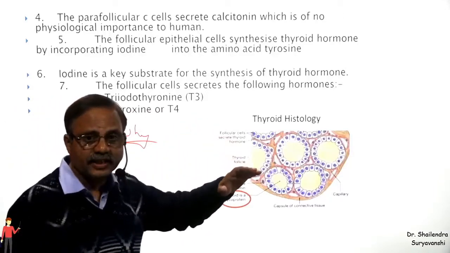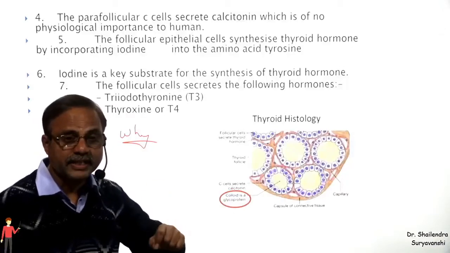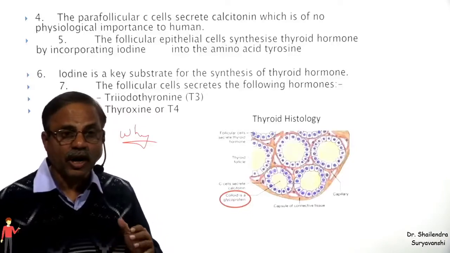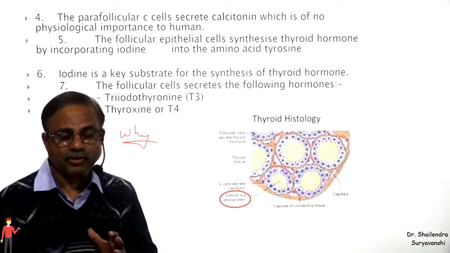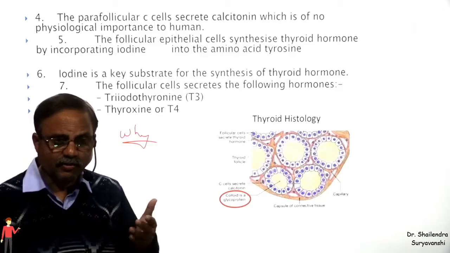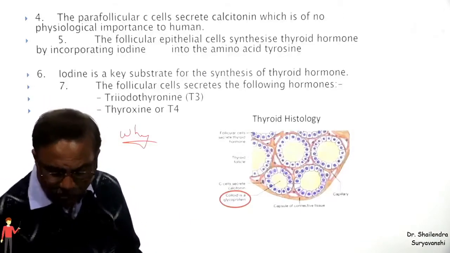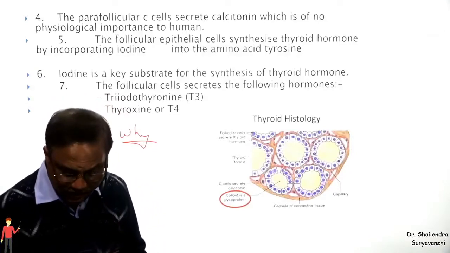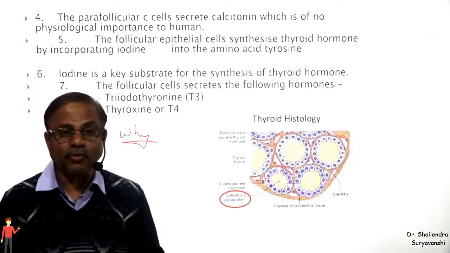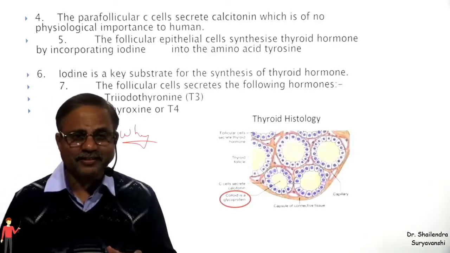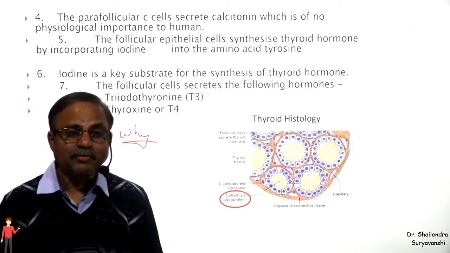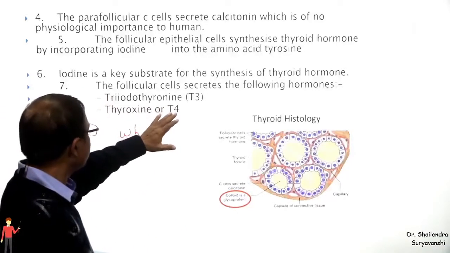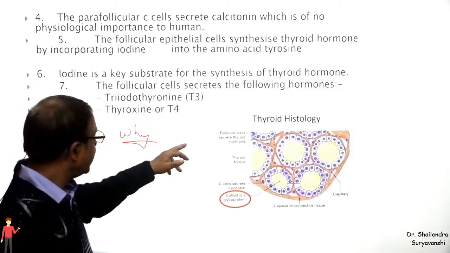The other cells are known as follicular cells. These are the primary basic cells which secrete the thyroxine hormone. For the synthesis of thyroxine hormone, iodine is needed, and the other requirement is the amino acid tyrosine. Since iodine is needed, it is essential that we get sufficient quantity of iodides in the diet. Nowadays this is not a problem because we get most of our iodine from eating iodized salt. The thyroid principally secretes two hormones, T3 and T4.